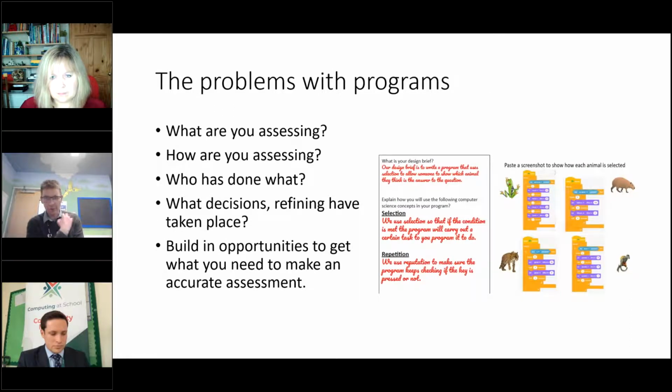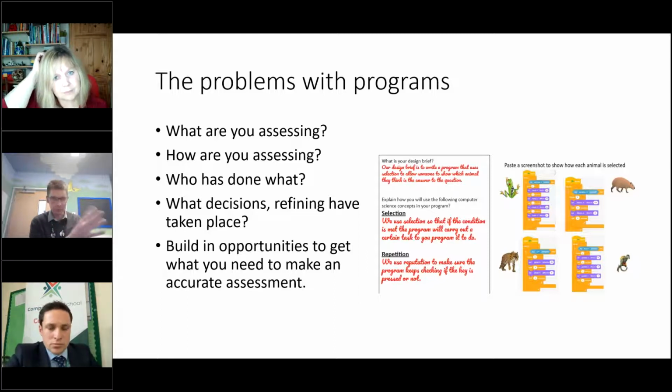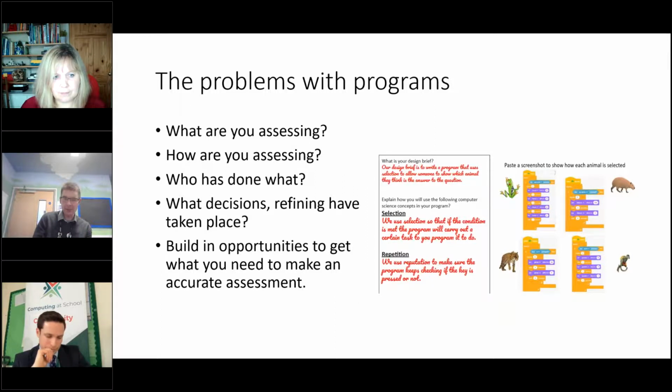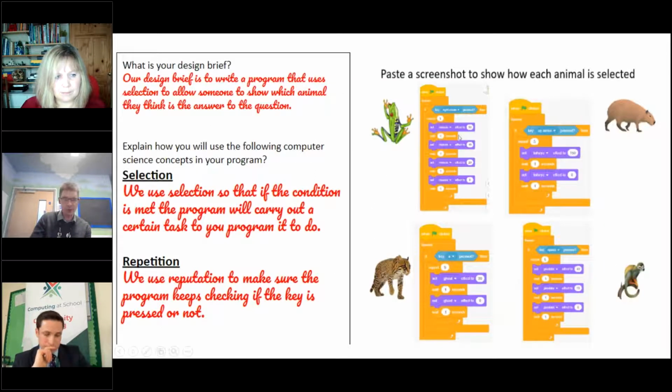Yes, then to talk on, similar to what Matt was saying. One of the problems that I find with just looking at a program is, what am I actually assessing, and how do I know we're one to two with our devices? So how do I know the split? How do I know who's made those decisions? So building in ideas where children just respond to questions. I'm getting them to copy their ideas in, but I'm also getting them to answer these questions. So then these examples explain to me how they've used selection and repetition.